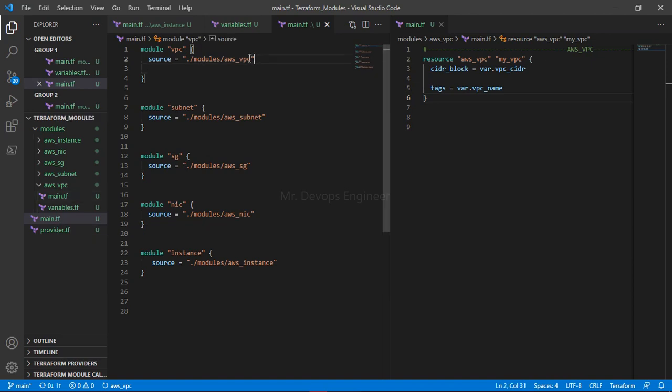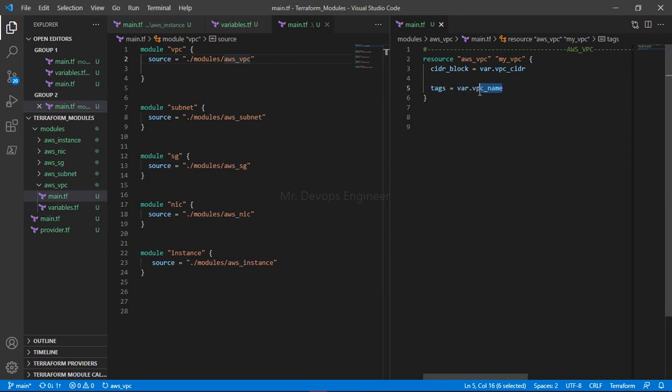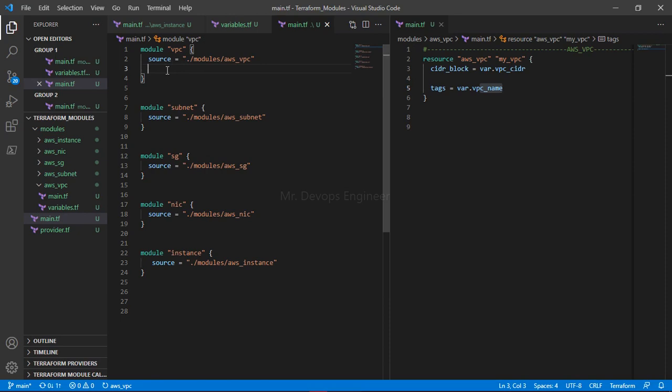Once you try to access via this source, it will ask you to pass these two values. These two values you have to pass from here, where you have defined the module, so that you can directly pass them. If you try to type VPC CIDR, see, it is accessing,